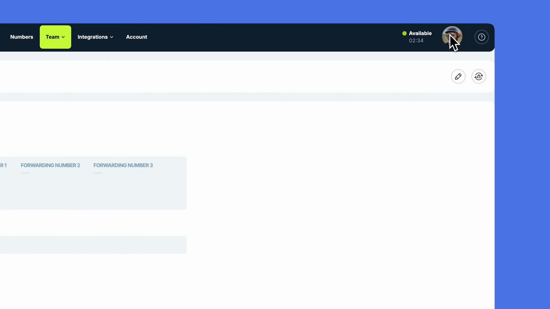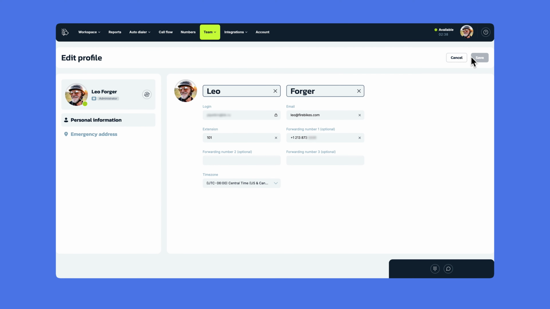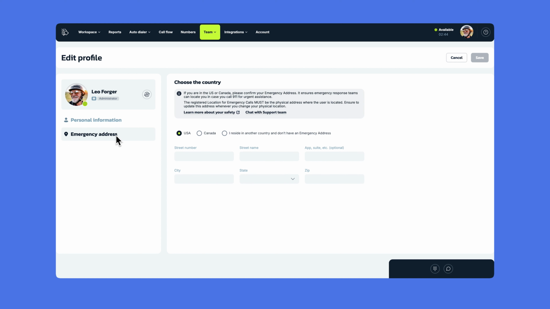Let's start with your profile. To open it, click on your profile picture. Here, you can view and update your personal information and add forwarding numbers, the ones that will receive calls from your business numbers. Please make sure you filled out your emergency address if you skipped this step during your initial